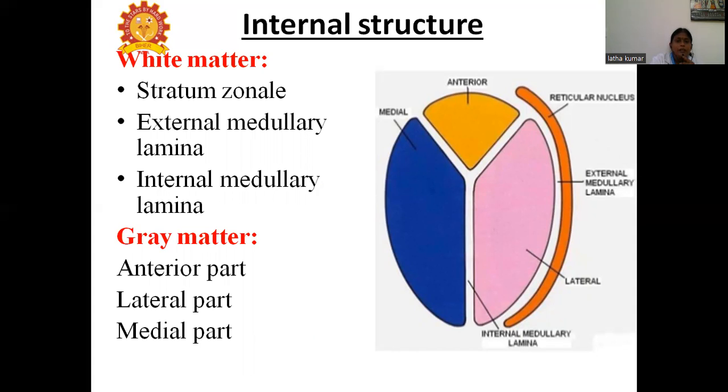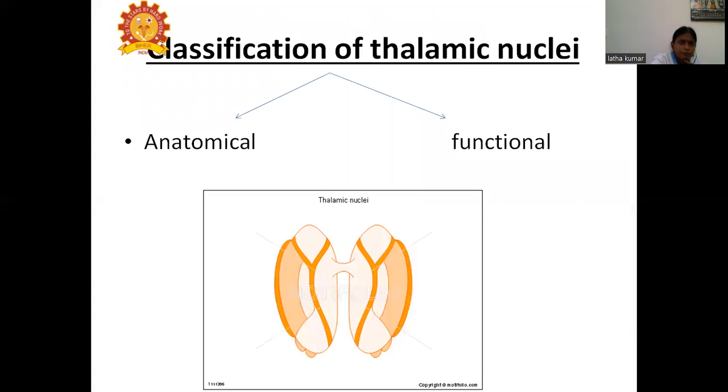And this internal medullary lamina divides the gray matter into three parts. So in that picture you can see three parts: anterior, medial and lateral part. So gray matter, three parts: anterior part, lateral part and medial part. In the gray matter, the nuclei of the thalamus are present. So these are divided into,